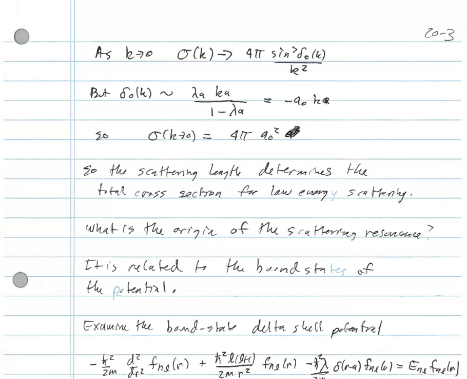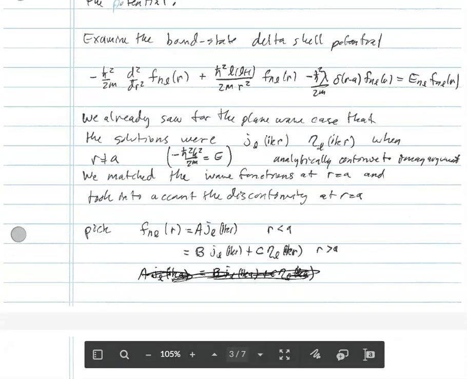And there were critical potential strengths where a bound state would enter right from the energy E equals 0, right from the top of the energy diagram. And then it would move down and move into the bound state, and then eventually another one would pop in and so forth. So there's this phenomenon, as you change the strength of a potential, where you can create a bound state from a scattering state. And that is the origin of these scattering resonances. So we're going to go into this in detail